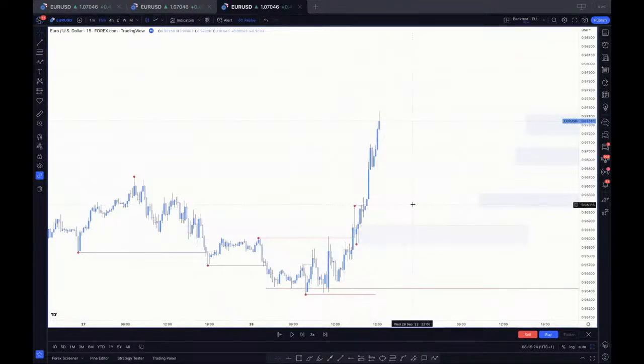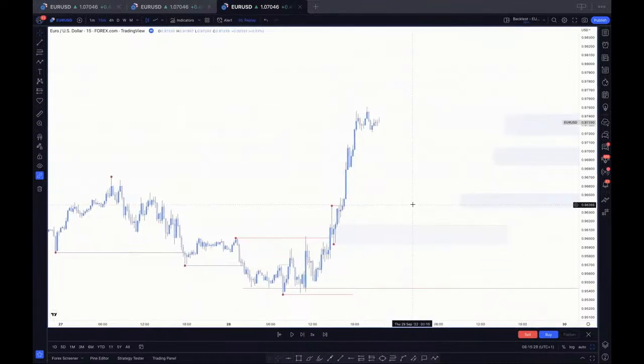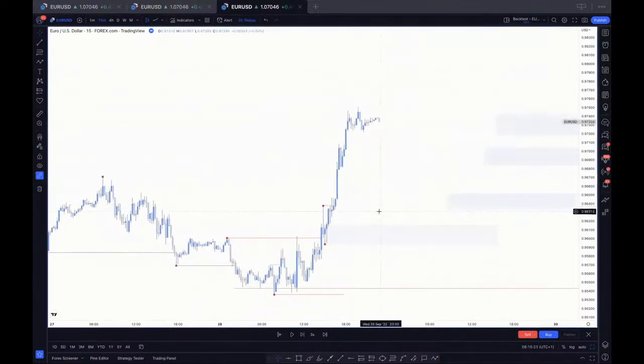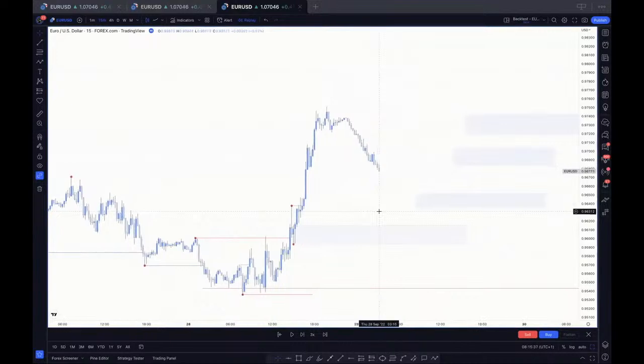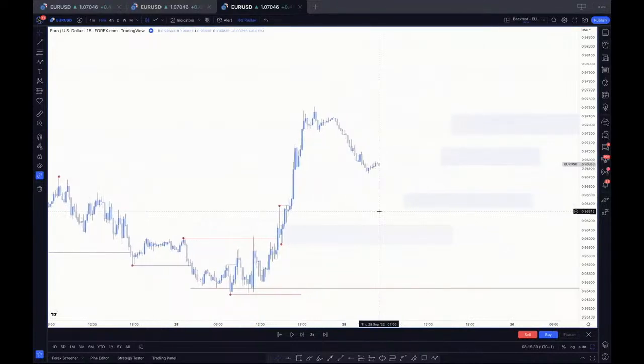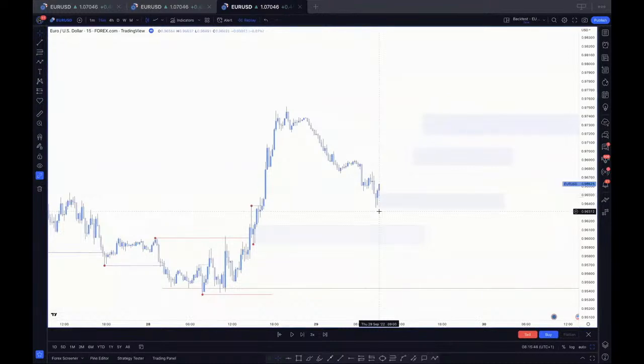So let's see. We continue to push, continue to push. You can see this is around, let me put my crosshair, this is around 22:45. That's already at night. So at this time, of course, I wouldn't be trading. So let's just move it. This is around 4 a.m., 5 a.m. I'm not trading, not looking at the market at this time. So this is around, that was too fast. Anyways, this is around